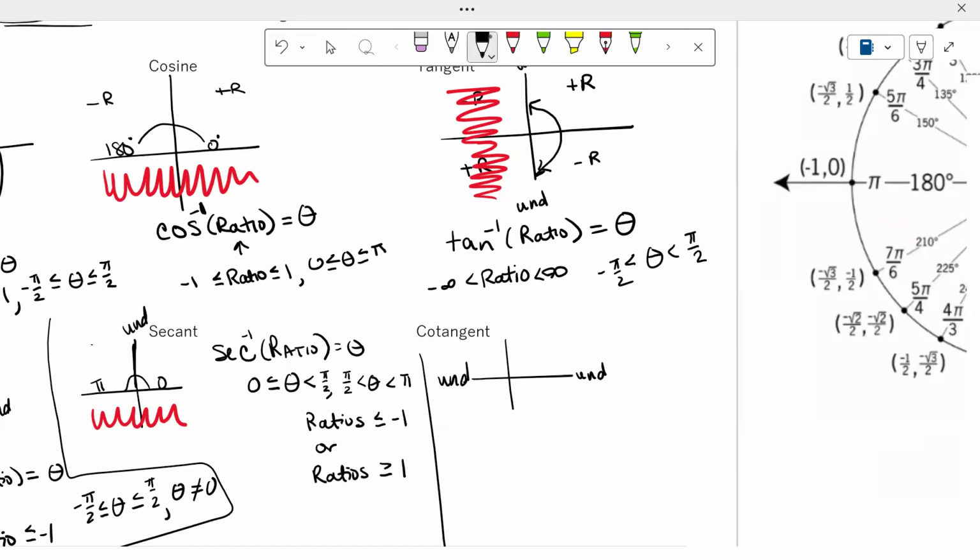We couldn't for the previous two, but we're going to slice cotangent slightly different so it can have a one-to-oneness. We're going to slice it from 0 to pi. So that means when we have a cotangent inverse,